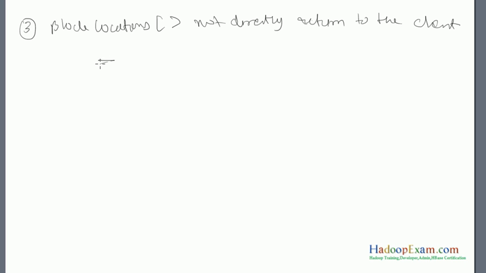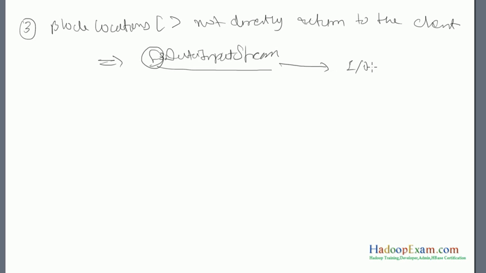What client gets is FS data input stream object to read the file, correct? So this part won't be there in Java if you have worked in Java. So data input stream object would be returned, which happens again internally, which manages input output